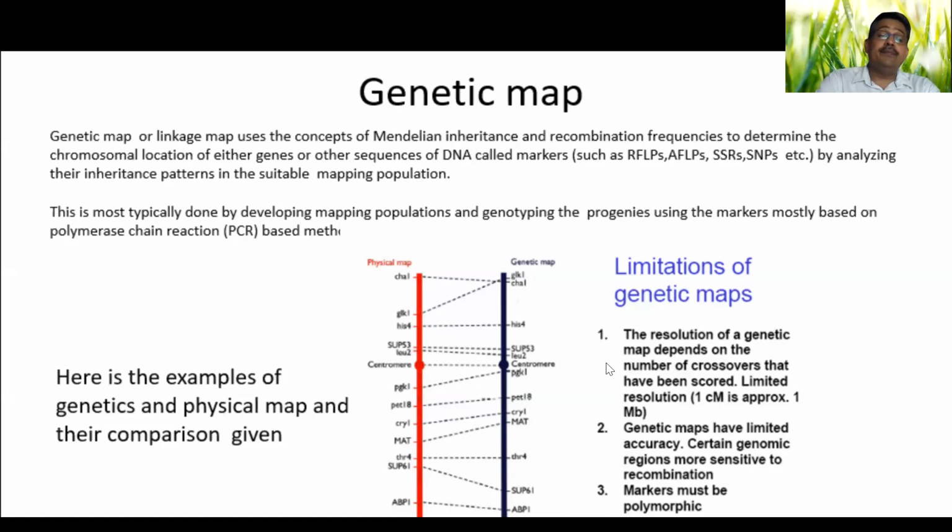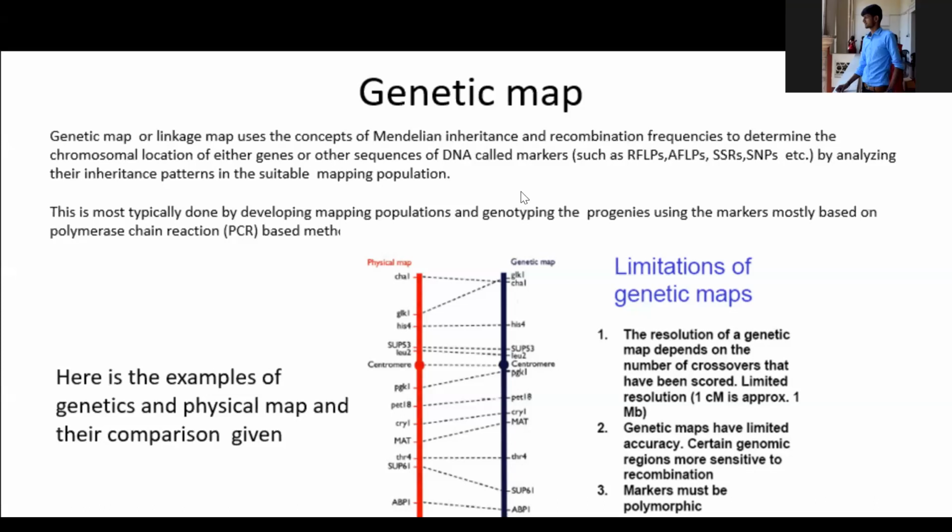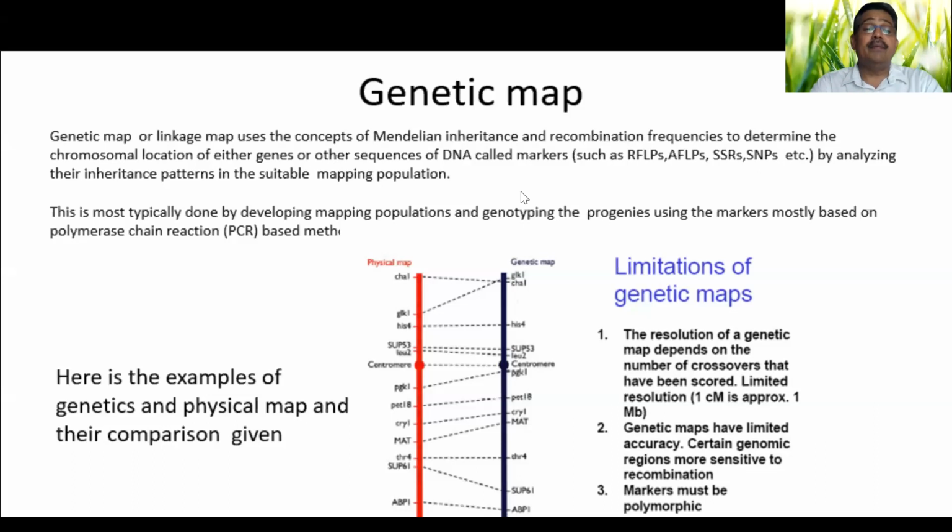Once we construct the map, this map has to be linked with the physical map. When you link it with the physical map, finally any map-based cloning or anything you can easily do. The genetic maps are constructed by using morphological traits or sometimes by using markers. You can construct the map, but the only thing is you need recombinant data in the set of populations. So that is why we want to discuss this during this class.